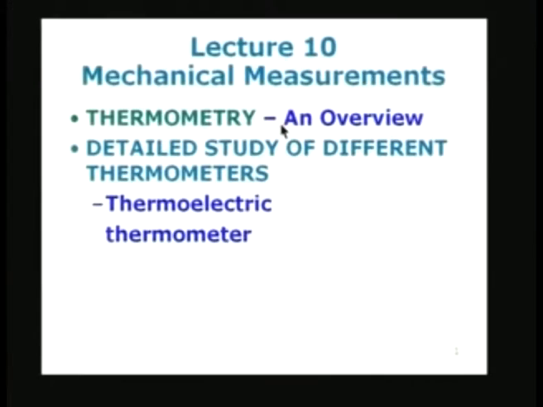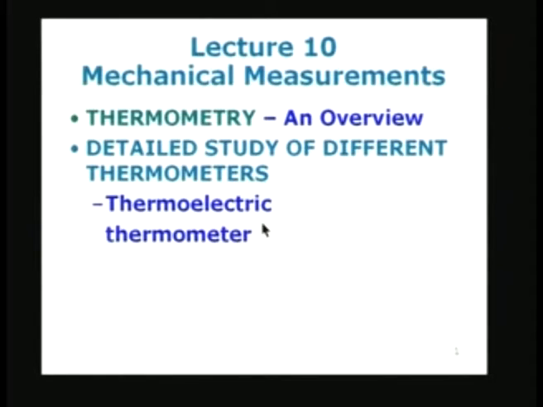What we will do now in this lecture is to complete that discussion, and then we will take a look at an overview of thermometry, which consists of just describing, without going into too much detail, the different types of thermometers which can be used. Then we will start taking them up one by one for a detailed study. The first one which we will take up in this lecture would be the thermoelectric thermometer, or the use of